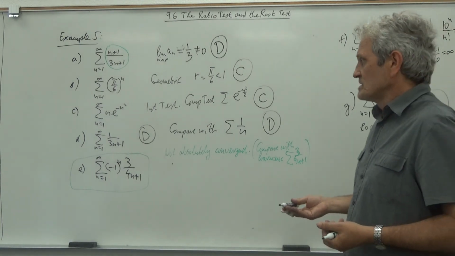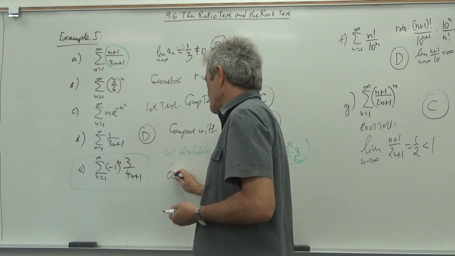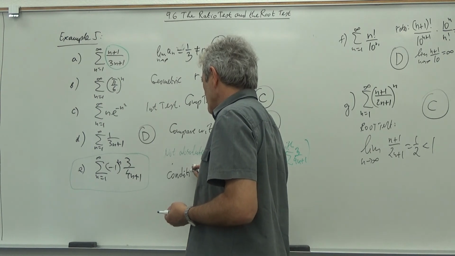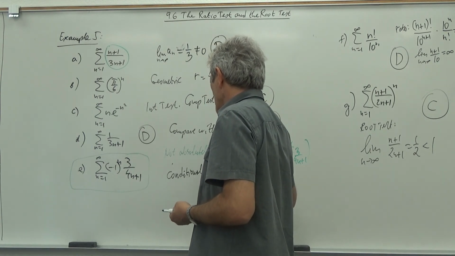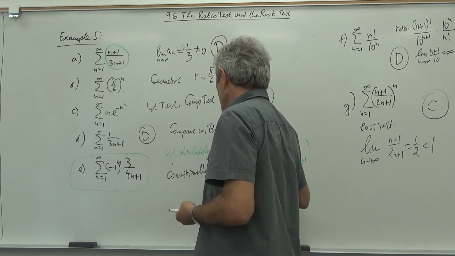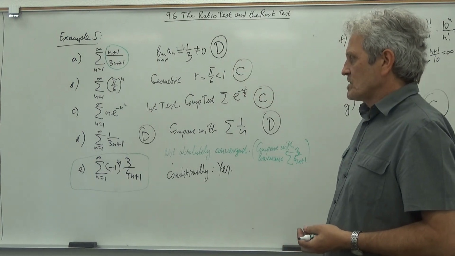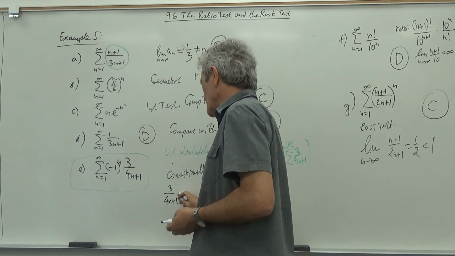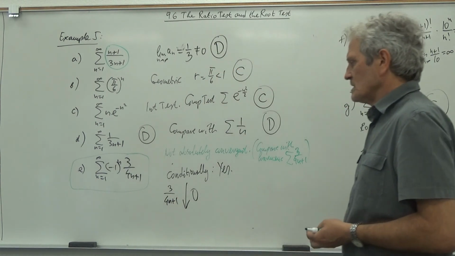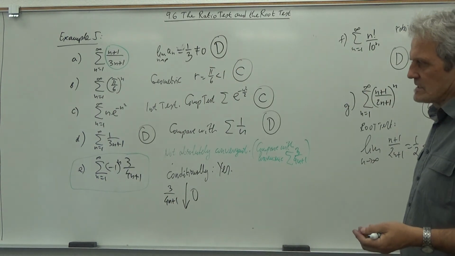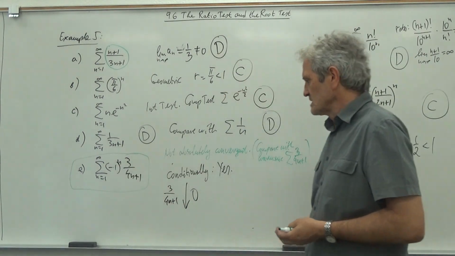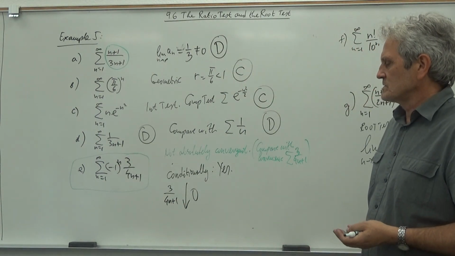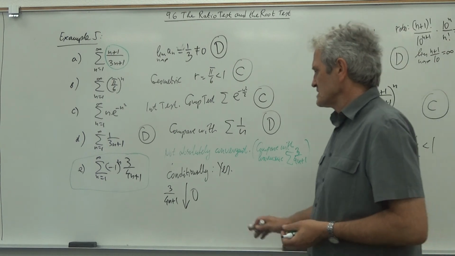But is it convergent? Conditionally, yes. Why? Because 3 over (4n plus 1) monotonically approaches 0 and it's positive, which together with the sign makes it alternating. So according to the alternating series test,